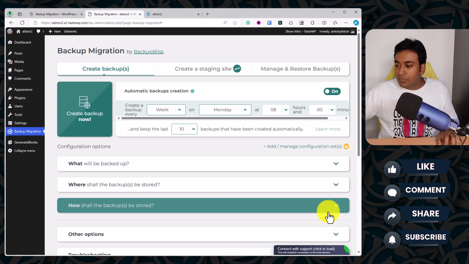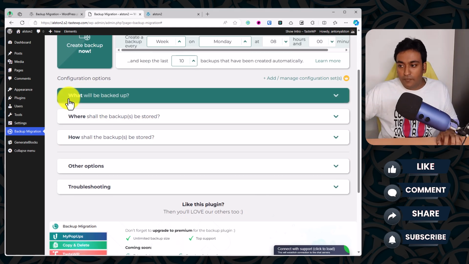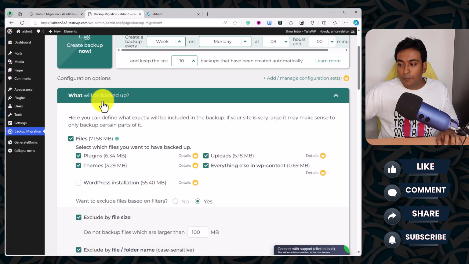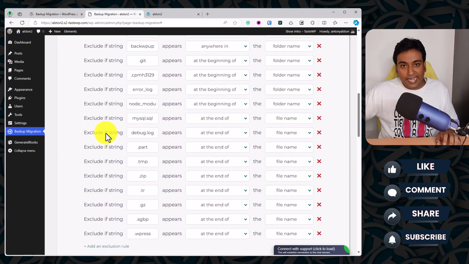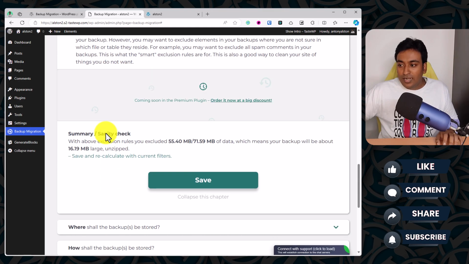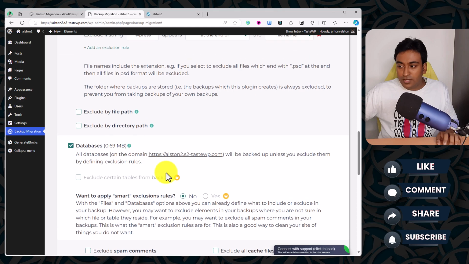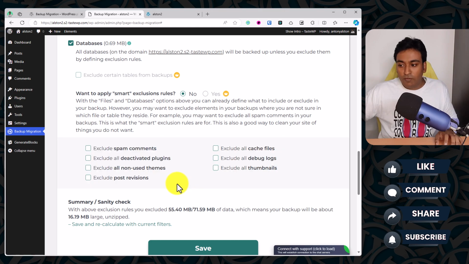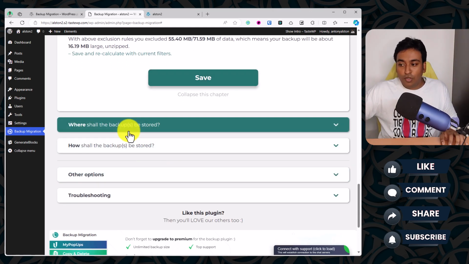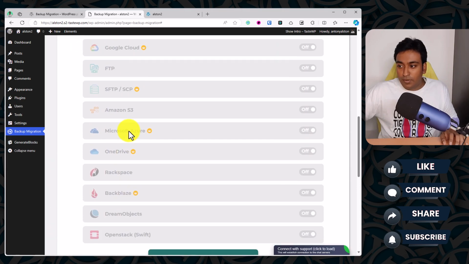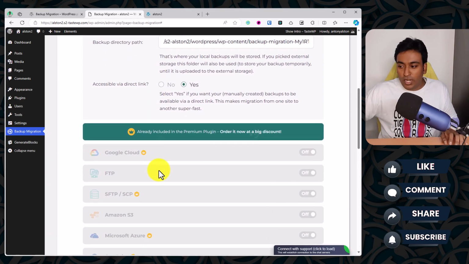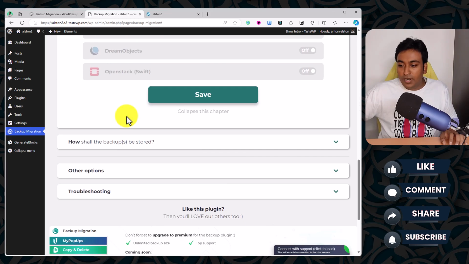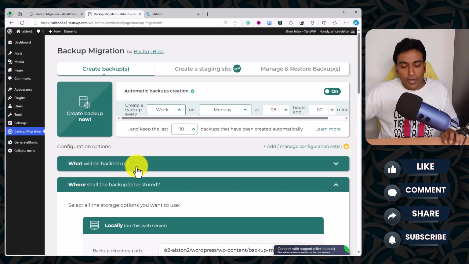It is an advanced option. There are some more advanced options available here with these 3 tabs. When you open any of these, you can have file control, file exclusions, database control, database exclusions, but most of the features will be in a premium version where you control these things, or they are coming soon. They're not available yet, they are planning to launch these features. So even if you have premium, you still won't have access to that. Maybe in the future when you are watching this video, some of this might be available for you. This has the option to control the storage. Google Drive is not available in free but in paid, and other options are available for advanced backup.